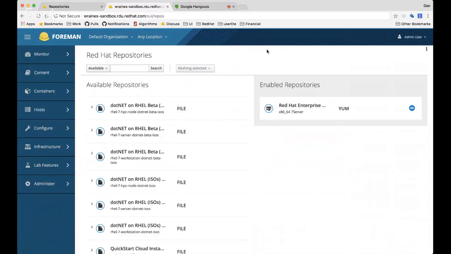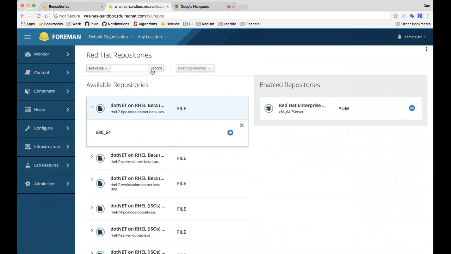One more question is about filtering on architectures. Maybe Walden or someone else could comment on that. I'm not sure exactly. Yeah, I don't know that we have that capability